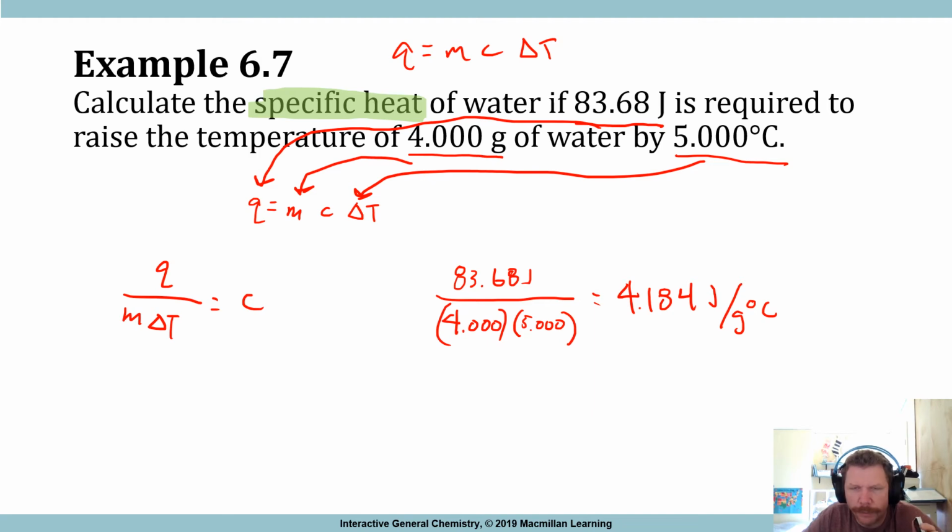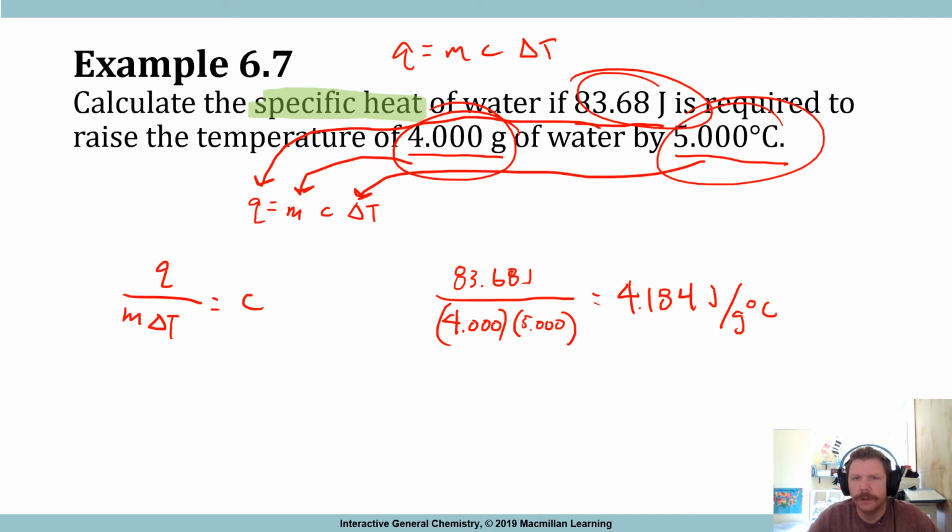Now, just a little bit of an aside. I really like this problem because it gives us all the units. It gives us our heat in joules. It gives us the energy. It gives us the mass. And it gives us the temperature change. So it asks us to basically use this Q equals MC delta T, plug these numbers in, and solve for